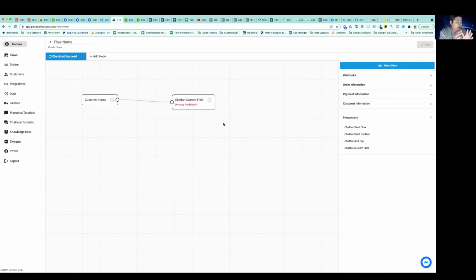For Stripe, you can even send them the invoice URL, because the invoice URL is one of our inputs. You can send the invoice URL to one of the custom fields and just show it right in the chatbot. So we have 4 different actions. You can set the custom fields, you can add the text, you can send the content, and you can send the flow. So if you want to send them something